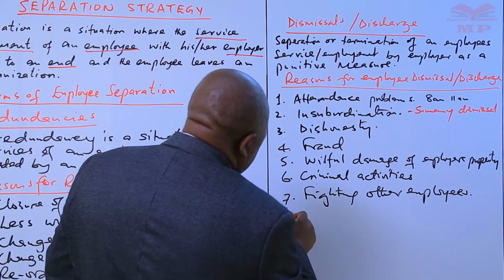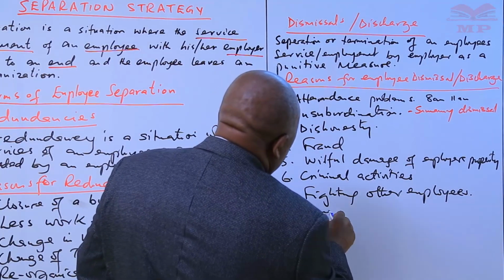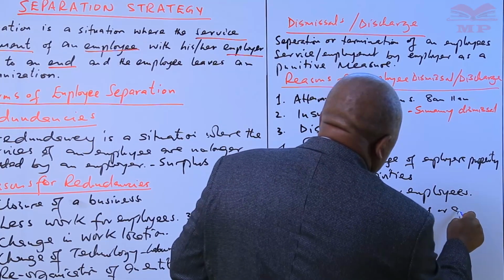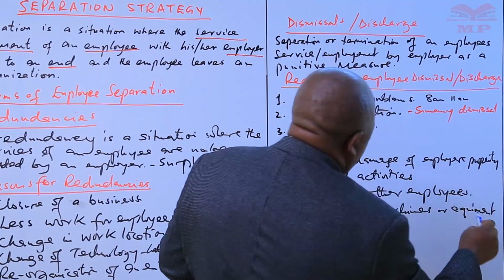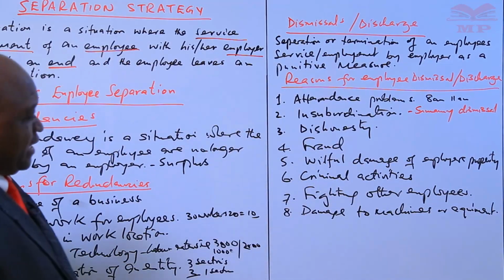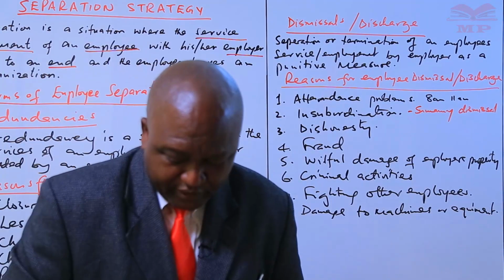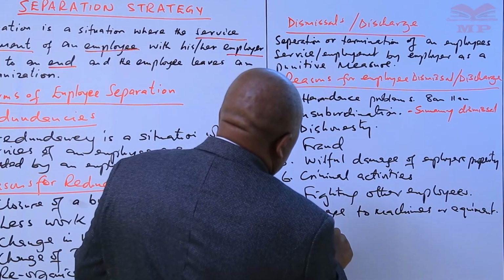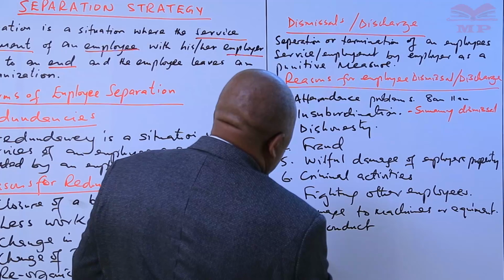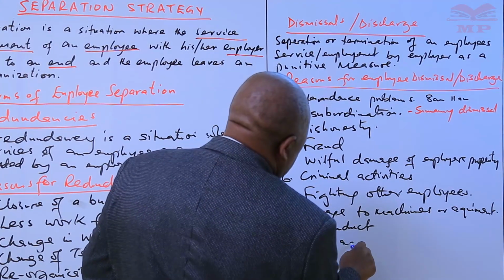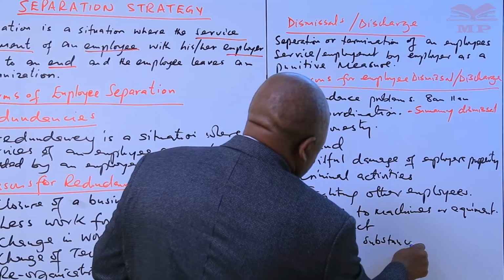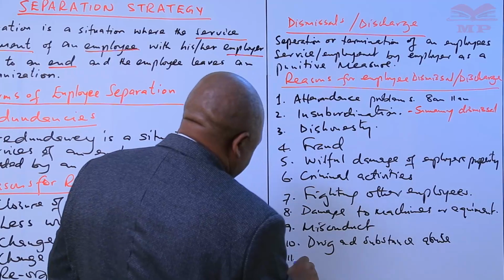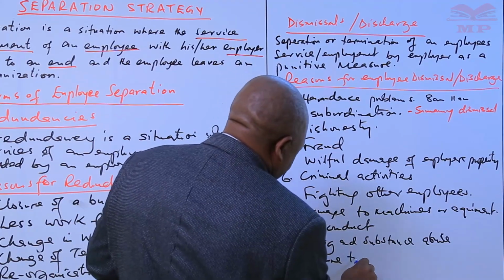Then damage to machines or equipment. Damage to machine or equipment, that again could lead to an employee being dismissed from a work environment and so on. Misconduct. Number 10, drug and substance abuse. Drug and substance abuse. 11, failure to use